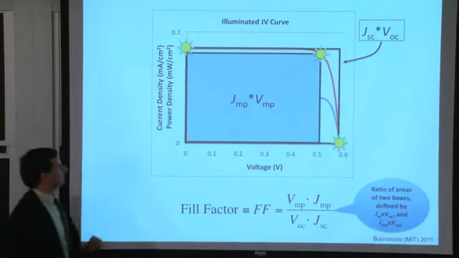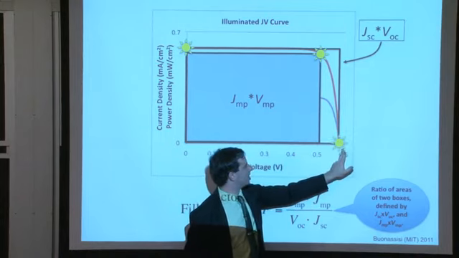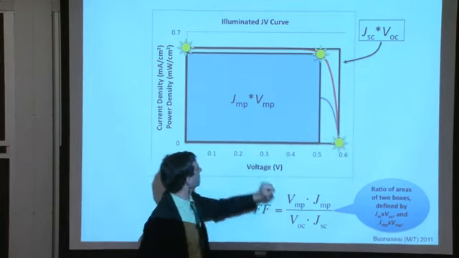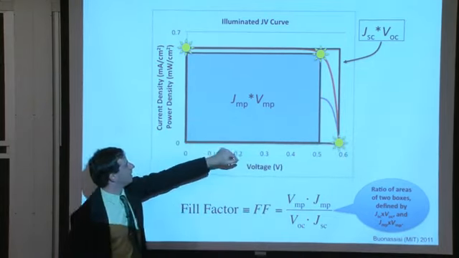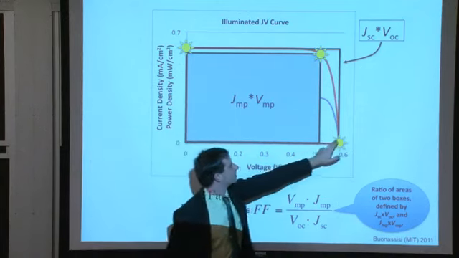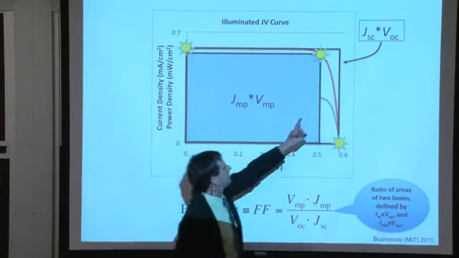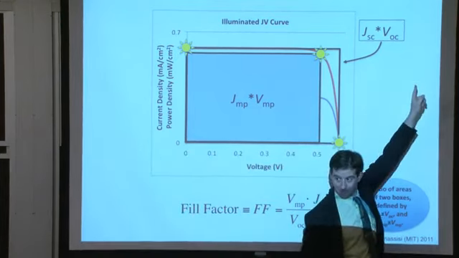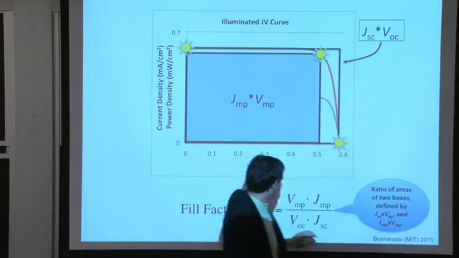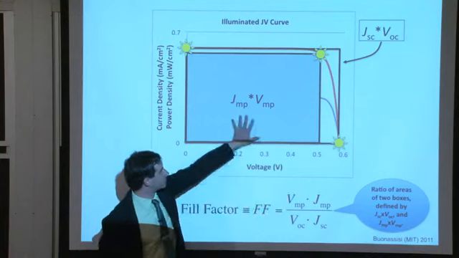Okay? And notice I have another box around here. I have this clear box that starts at the VOC point and the JSC point. And now I have two rectilinear shapes, this blue one and the clear one right here, the bigger one. The bigger one has an area of JSC times VOC. And I'm going to define a parameter called fill factor, which will be the ratio of these two areas, the